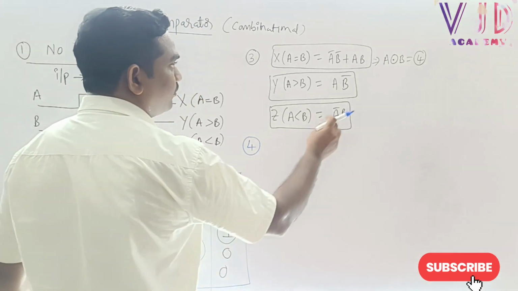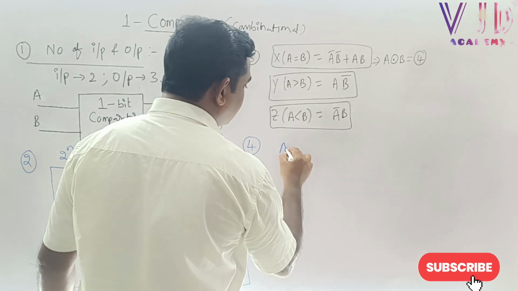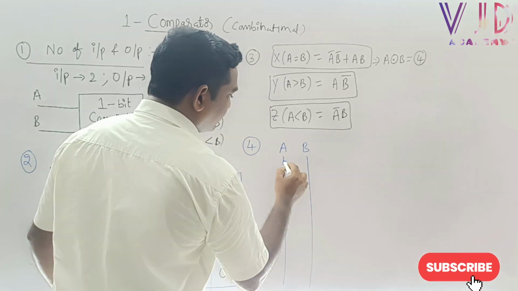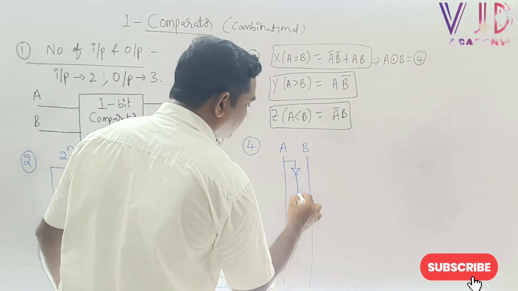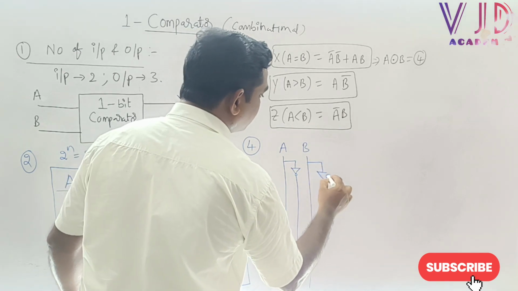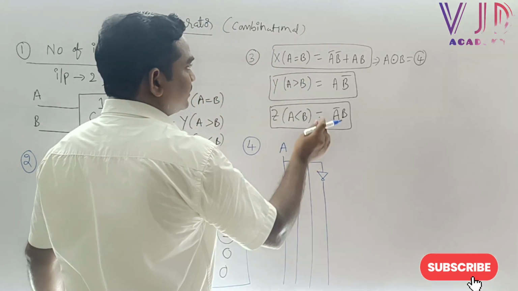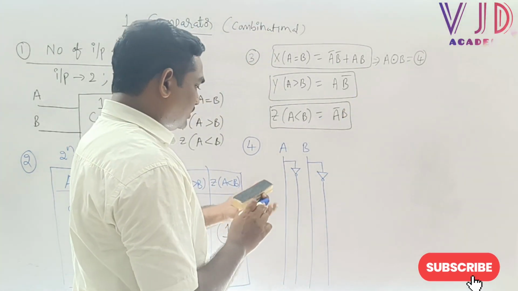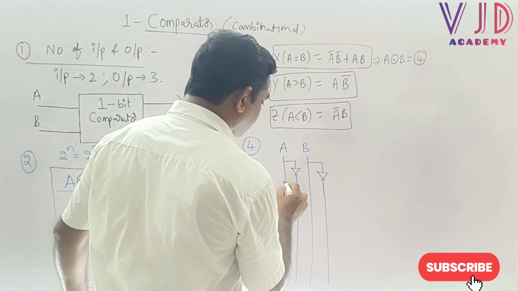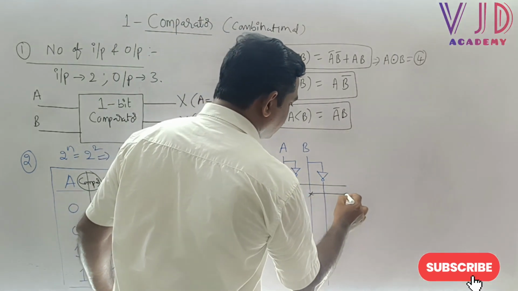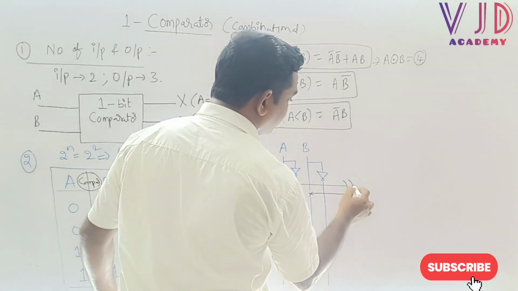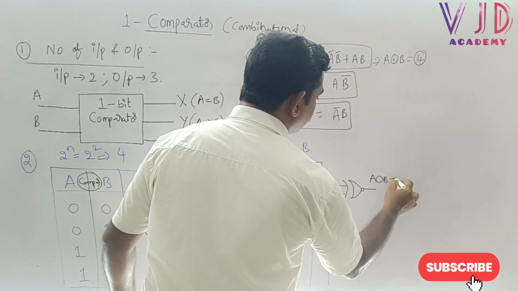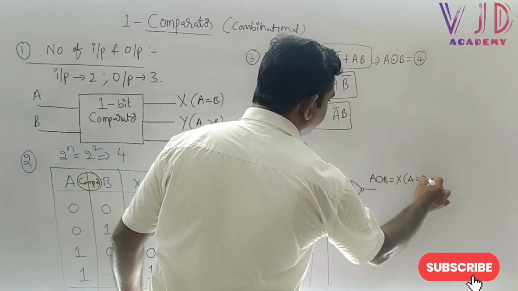Here we have only 2 variables A and B, but there are A bar and also B bar. Sir, let me write here. For A bar, I want to take one NOT gate, and then for B bar also I want to take one NOT gate. Sir, here just for the sake of understanding, X output is A and B. I want to connect one connection here, B connection here, and then here this is what XNOR gate, XNOR gate,